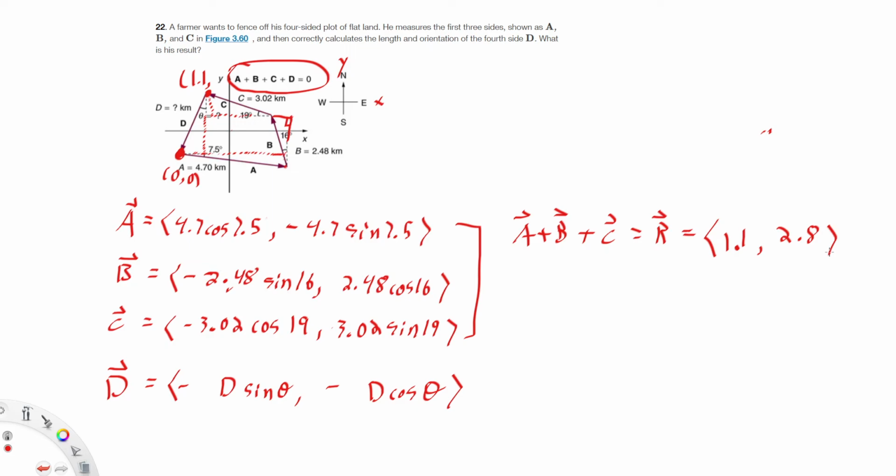Well, so here's our basic plan. First we break into x, y components. And then we sum up all of those x and y components. And then we use the Pythagorean theorem to get the length. So then, right, we do